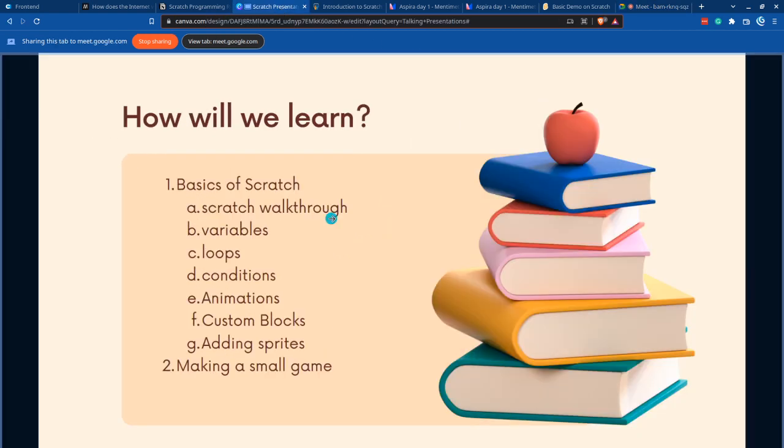Today, I think we will complete up to conditions or loops. Let's see how much we will go. What we will learn in this whole session or workshop is the basics of Scratch. I will take you through a walkthrough of Scratch, and I will introduce you to variables, how variables are used in Scratch, loops, conditions, animations, making basic animations, also making blocks,